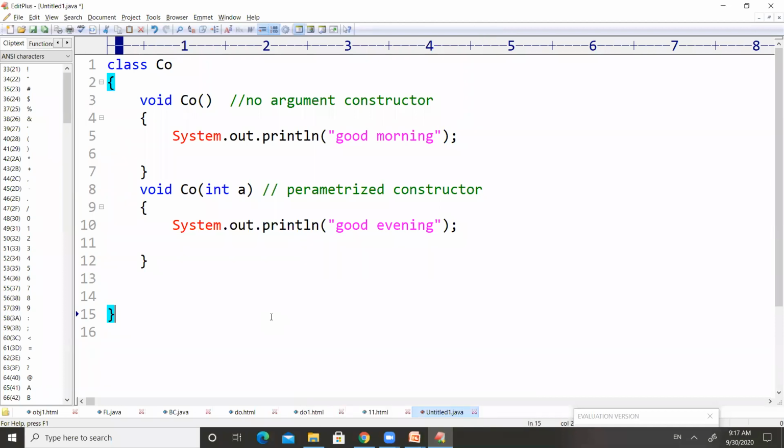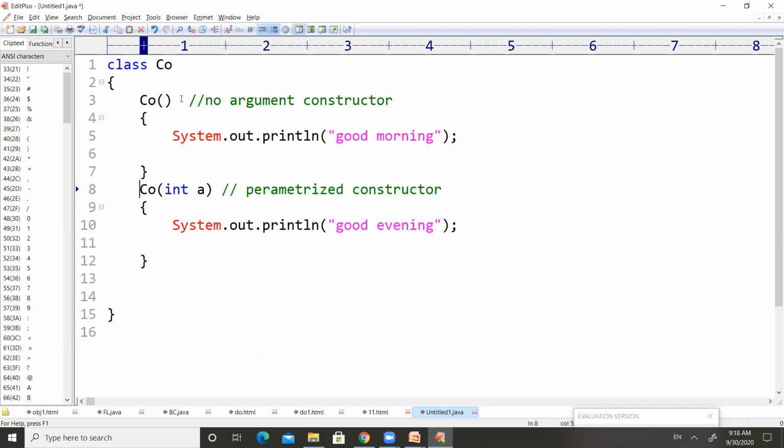And one more thing is that constructors do not return anything. That was not mentioned in the PPT, I think. Constructors do not return anything, so there is no need to write void for constructors. We simply write the name of the constructor, and if the constructor is having some parameters, we maintain those parameters, and we have some body for it. So there is no need to maintain return types for constructors.